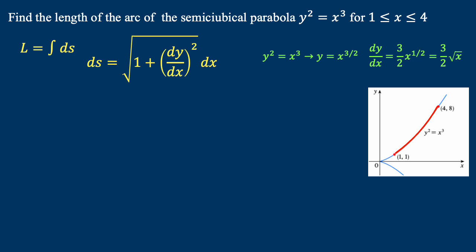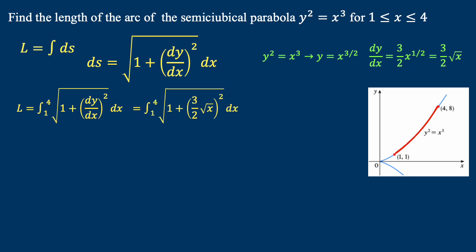Now we can compute the arc length using the formula right here. So L is going to be, what is the interval of x? x equals 1 to x equals 4, square root of 1 plus (dy/dx) squared, dx. Guys, right there dy/dx, y prime, is going to be (3/2) square root of x. When you square (3/2) square root of x, it's going to be 9/4 x. So now we need to evaluate this